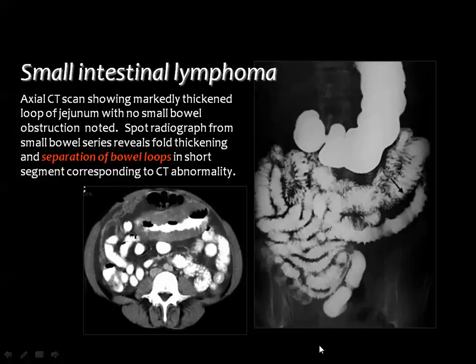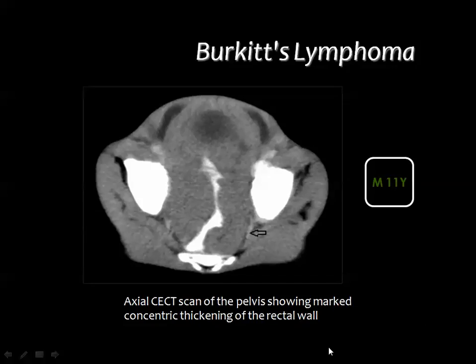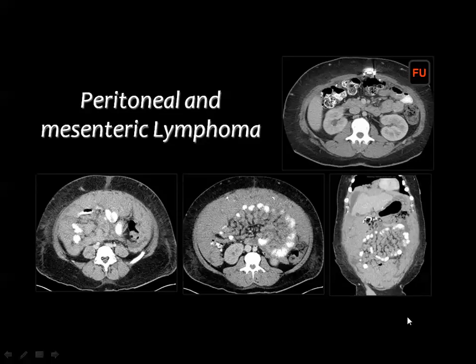And this is Burkitt lymphoma of the rectum. You see bulky mass affecting the rectal wall, encroaching on the lumen, which is opacified by gastrografin. Also, lymphoma can affect the mesentery and the peritoneum. At that time, you will see bulky masses infiltrating the omentum, as you can see here, and soft tissue, ill-defined masses infiltrating the root of the mesentery, which are indistinguishable from the peritoneal metastasis resulting from ovarian or colonic cancer,